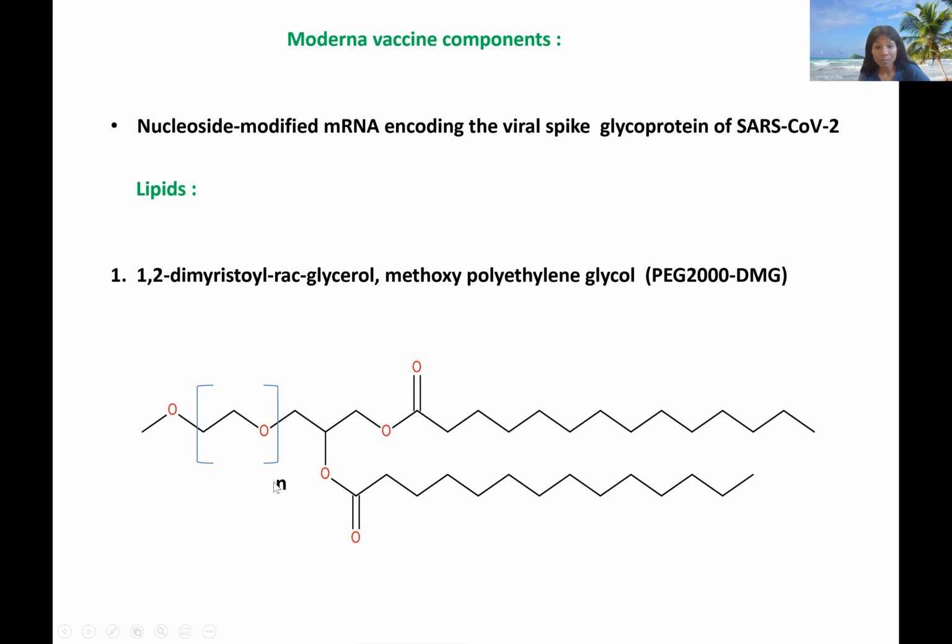This is a polymer. It is made of many monomer units. This N can be any number. It can be 2, 3, 500, 600, 2000, 5000. The polymer chemists are able to make polymers with any number of monomers. So this N denotes the number of monomers this polymer unit contains. In this case, this N will be 2000.